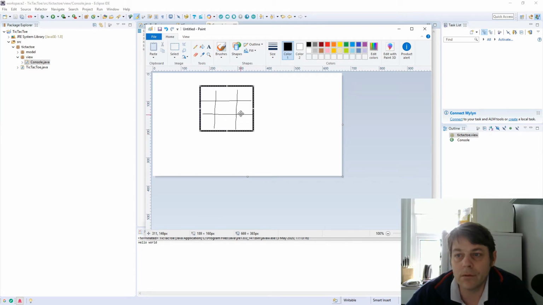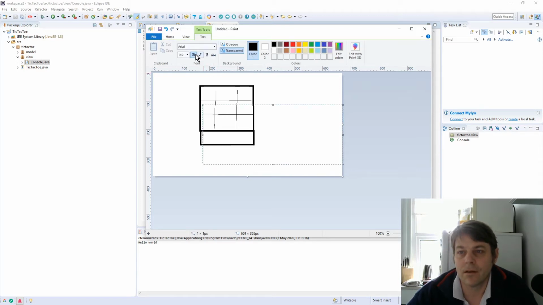So I have a panel with the board on it, and then we might want some status information or some additional buttons, so we'll have another panel underneath. In that panel we can have a status message. So if we have a status message in here,